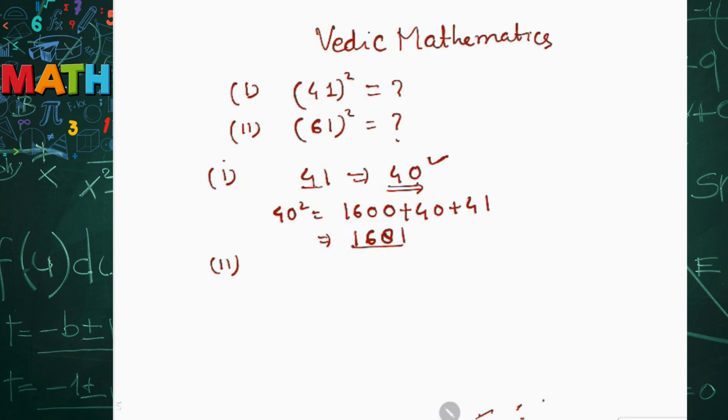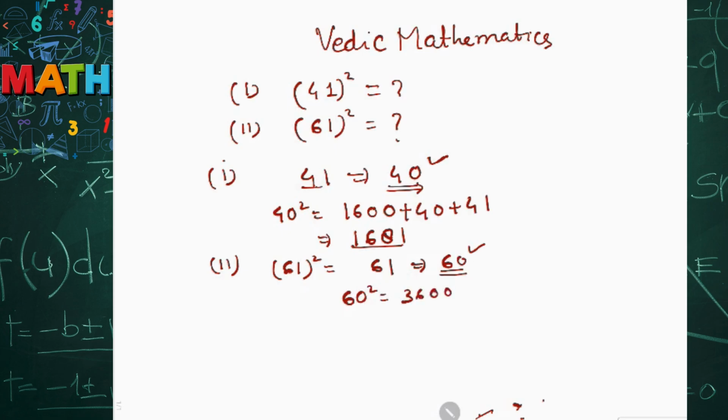Now let's do the second number, 61 square. We will do the same thing. The original number is 61, and the closest to 61 is 60. So 60 becomes the base number, so we'll do the square of 60. So 60 square will become